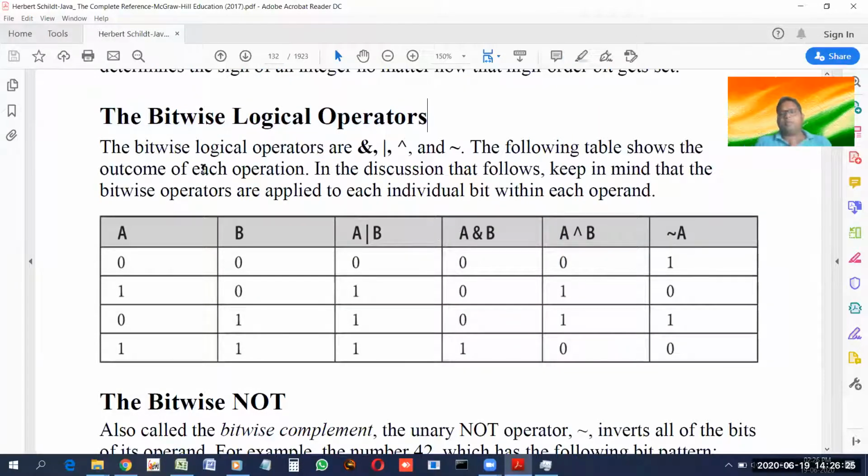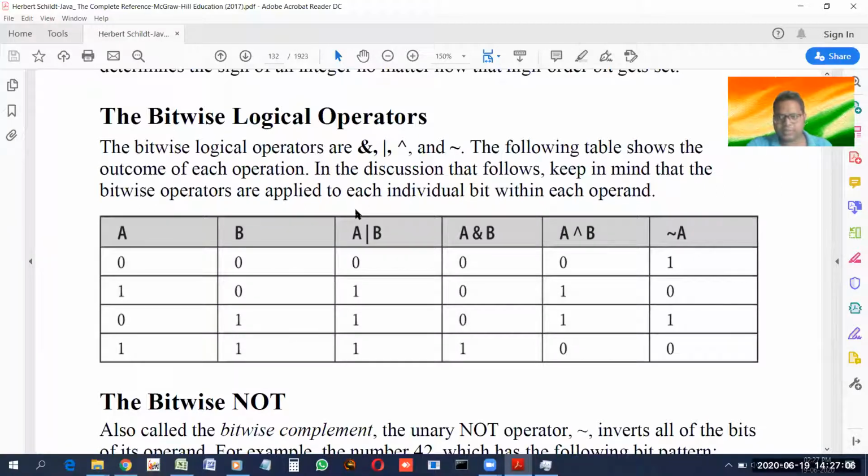In order to understand bitwise logical operators, you have to understand this table. This is known as a truth table. Okay, what is a truth table? This has been discussed, but actually, if you are understanding logic and bitwise logic, then you have to know a little bit about logic gates. Logic gates are something which have basically input points and output points.